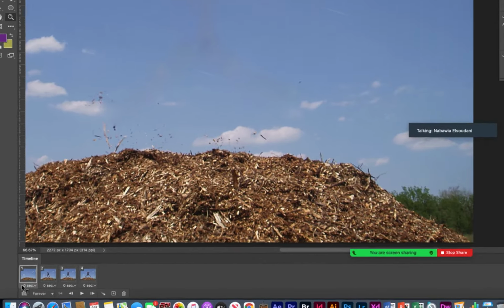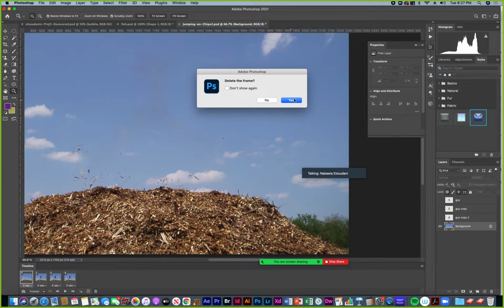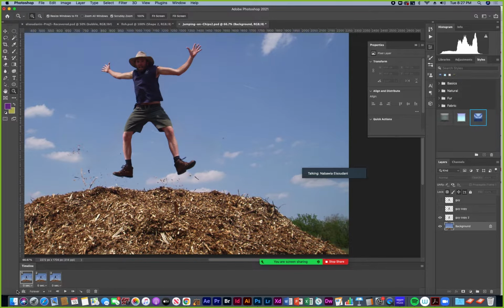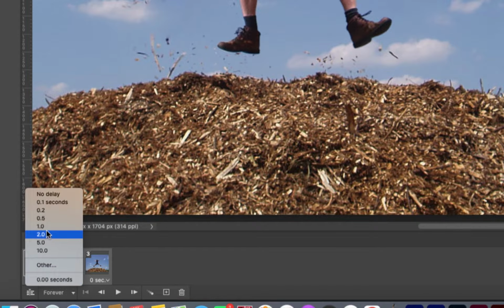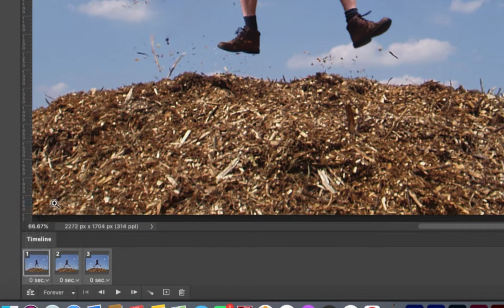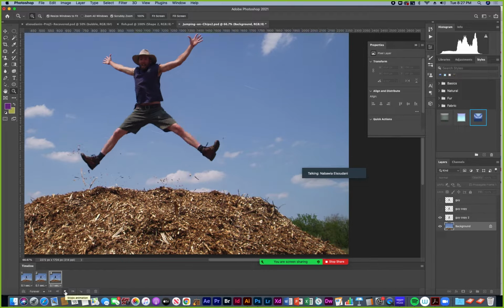So I'm going to delete that first one by selecting it and clicking the trash button and say yes, delete that. And you can also set on a frame animation the duration of each frame. You can click the drop down here and make each one like 0.1 seconds or something and have it go a little slower.